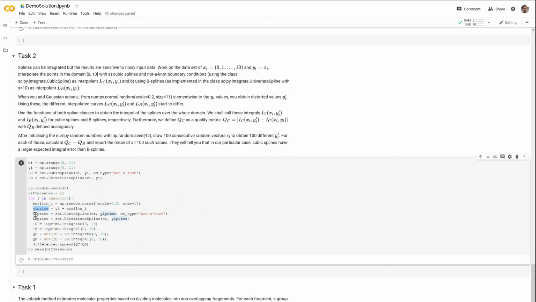So what we do is we generate a cubic spline over here, which builds on this yi prime, again with the not-a-knot boundary conditions, and then we use the univariate spline in order to get a B-spline entry on the same data points. Now they are not strictly the same, and we're going to investigate how much different they are by calculating these two splines over here, and based on those splines,